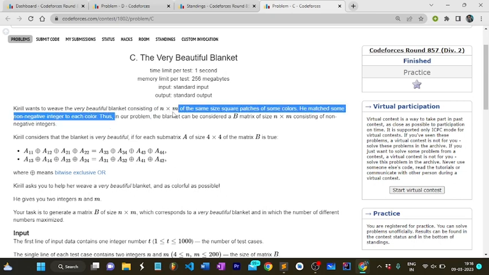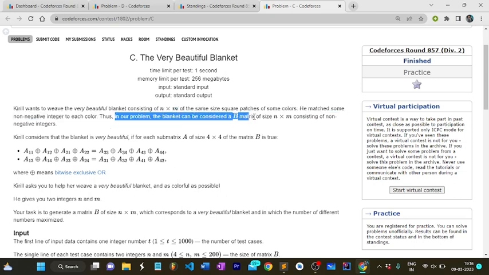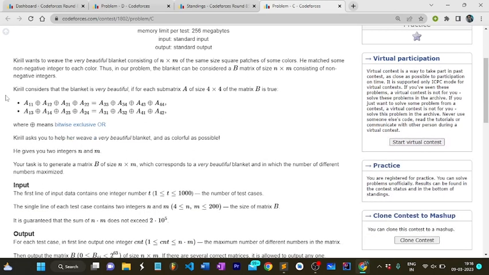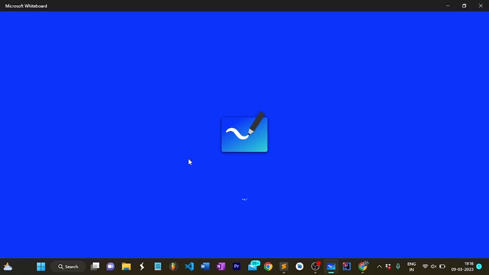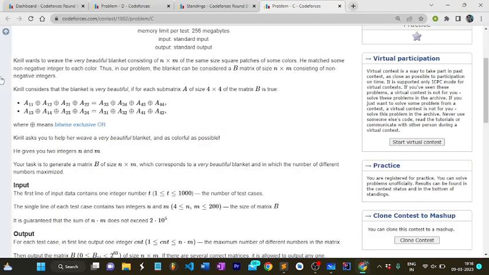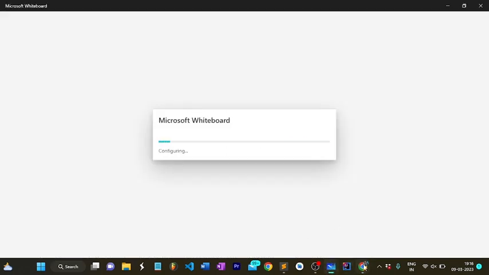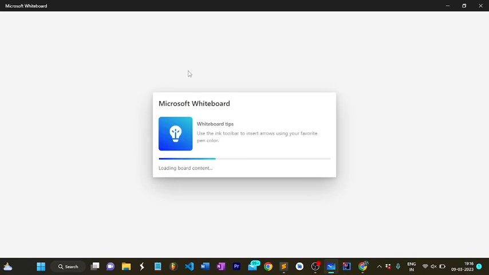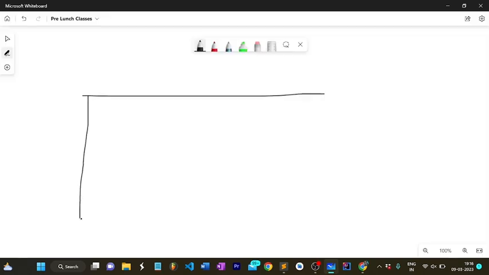Thus, in the problem, the blanket can be considered a matrix of n times m consisting of non-negative integers if the following two conditions are true. So basically, the problem statement is saying that you have to build an n cross m matrix in such a fashion that every 4 cross 4 submatrix... Let me explain it by making the matrix. Wait for a while. Okay, so the problem is saying that you have to build an n cross m matrix such that every 4 cross 4